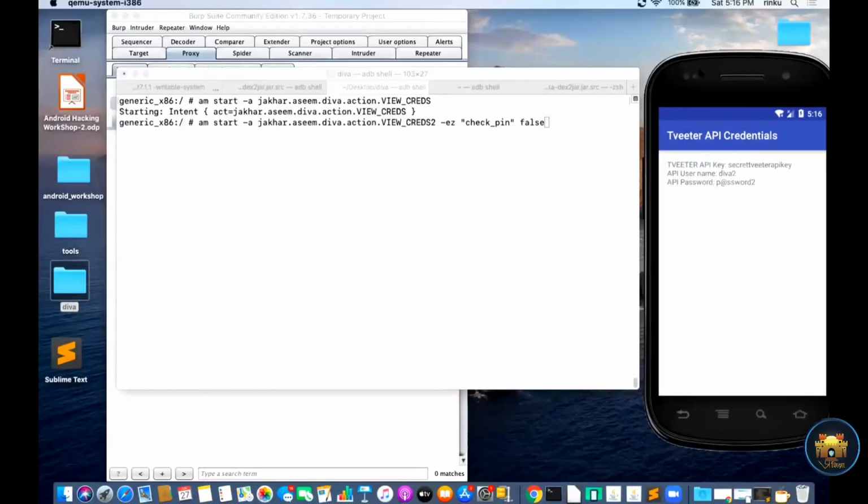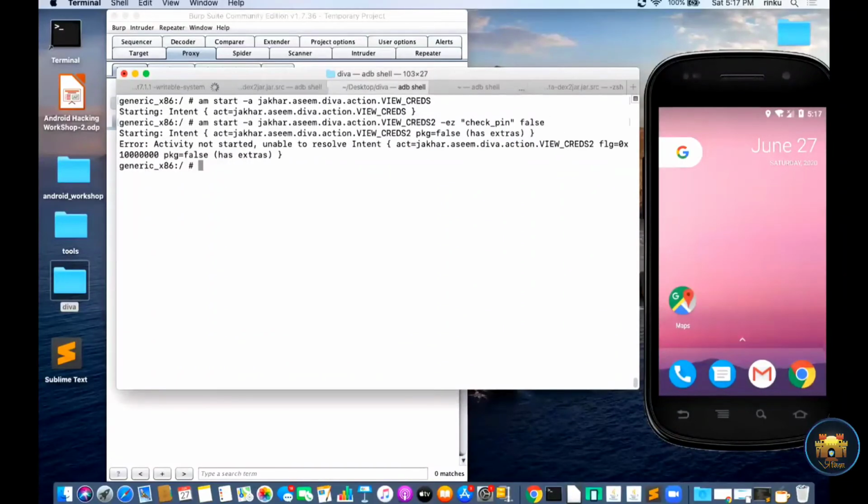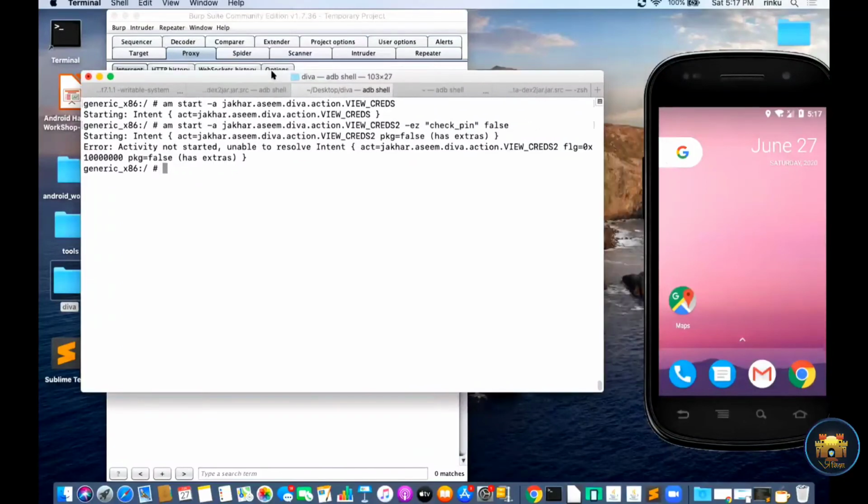Before that, I just kill this process and run the command. I think some problem is coming. Let me check. Unable to resolve activity.